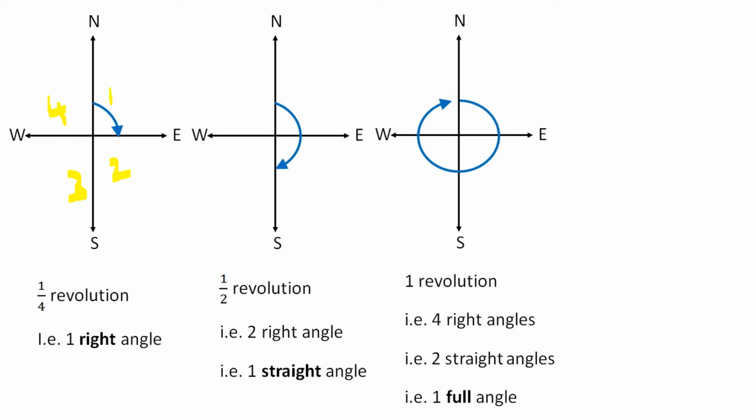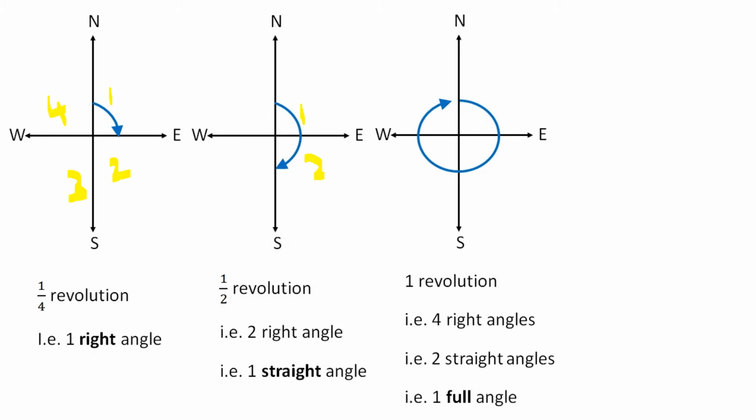The second figure, there are two turns. This is the first turn and it is the second turn. So it is 1/2 revolution. There are two turns here, totally 4 parts, so 2/4. If we simplify 2/4, then you will get 1/2 revolution. So here two right angles. This is one right angle and this is one right angle. Totally two right angles make one straight angle.